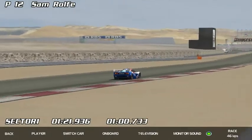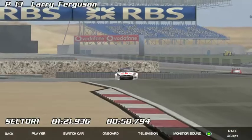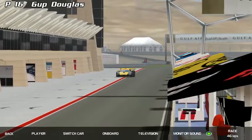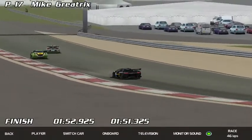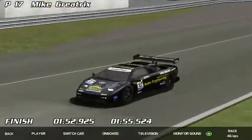Sam Rolfe currently running in 12th. In the McLaren F1, Larry Ferguson in 13th. Marty Wren in 14th. Sergio Calderon in 15th. Gub Douglas 16th. Mike Graytrick still running back there in 17th, trying to catch some of these guys as he lets some of the leaders by, and it looks like